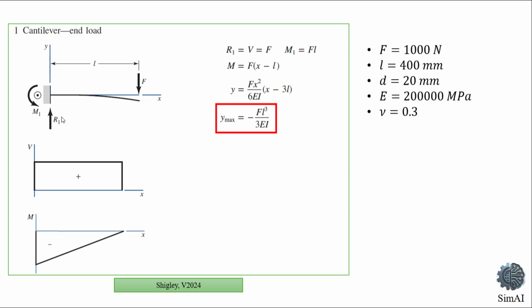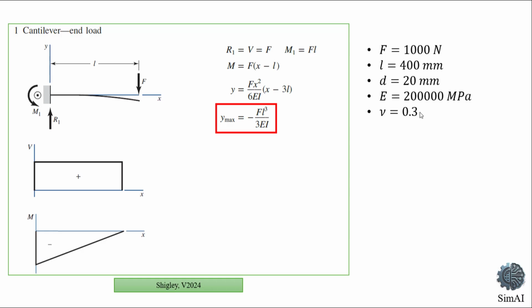Here are our simulation parameters. F, concentrated force 1000 newtons applied at the free end. Length L 400 millimeters. Diameter D 20 millimeters. Material properties: a structural steel with a Young's modulus of 200 gigapascal and a Poisson's ratio of